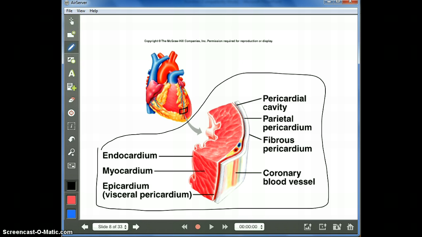But you will have to label the pericardial cavity. The parietal pericardium, again, is your structure. I'm just going to get rid of parietal and I'll also get rid of fibrous. We'll just name that one as pericardium. The visceral pericardium, we again said that is the organ. We'll name that as the epicardium. Myo muscle, remember the thick muscle layer there, and the endo is the inner inside layer.